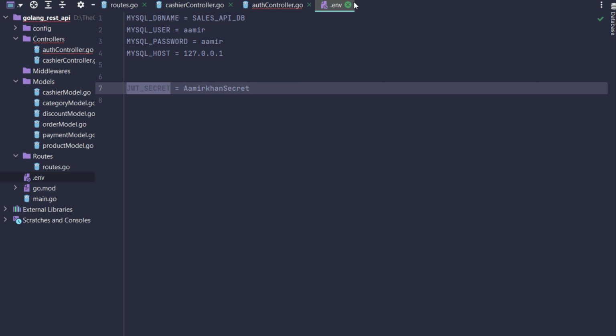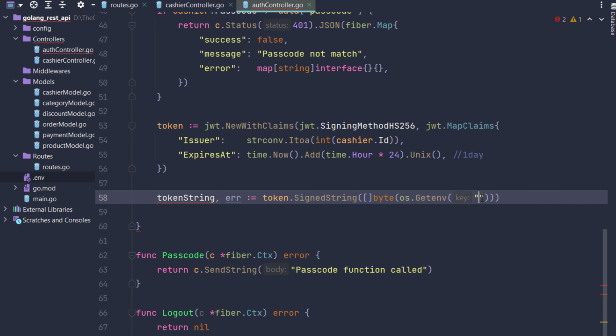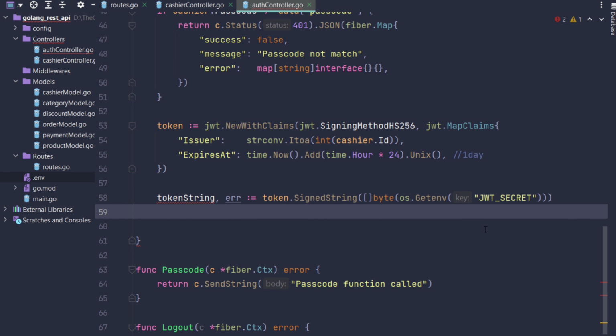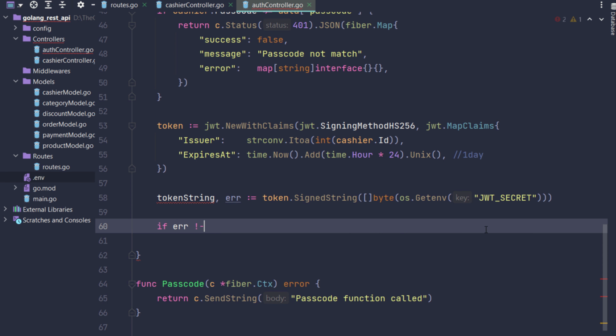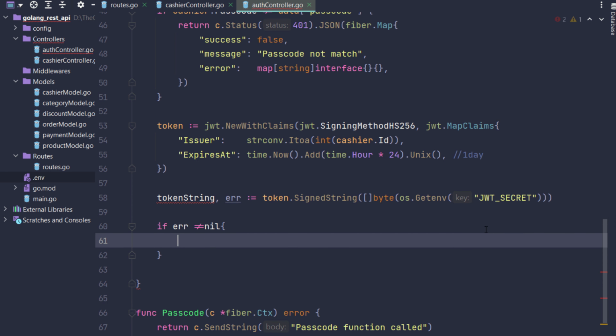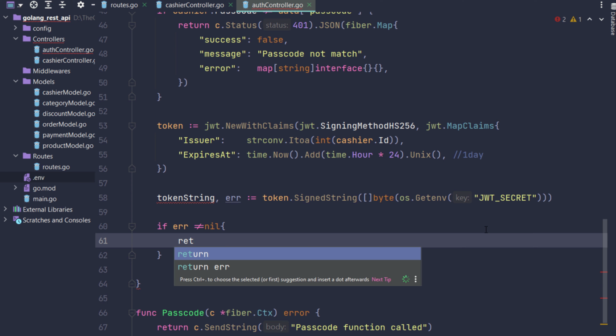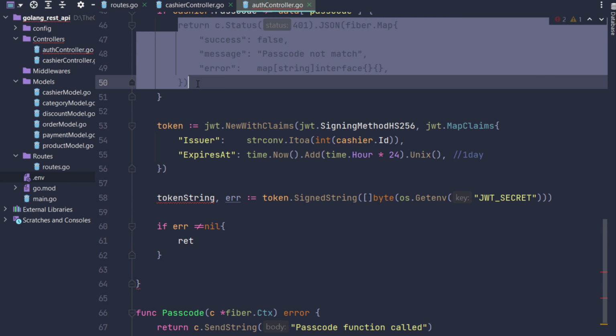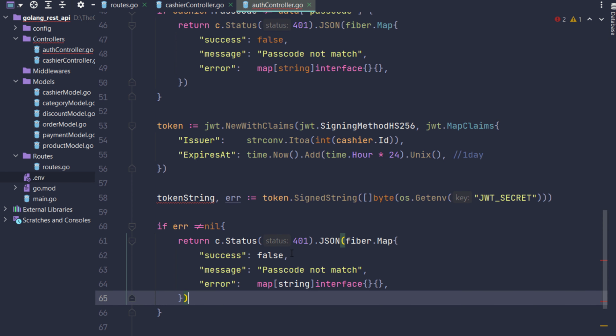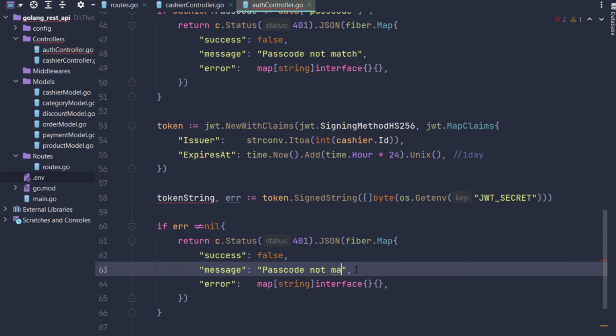So how to access it? That JWT specific config environment variable, here os.Getenv, and pass it the key, so you will access it. Now I'm checking. Actually the token.SignedString will give us two return values, error and string. So here I am first checking that if error is not equal to nil, I will pass the error, token expired or invalid,